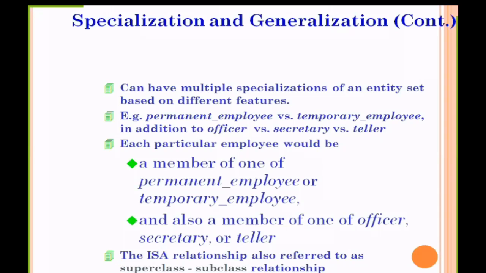Both entity sets will have some different features. Permanent employee will have a permanent employee number, and temporary employee will have things like daily wages. So we can add different features to both permanent employee as well as temporary employee.